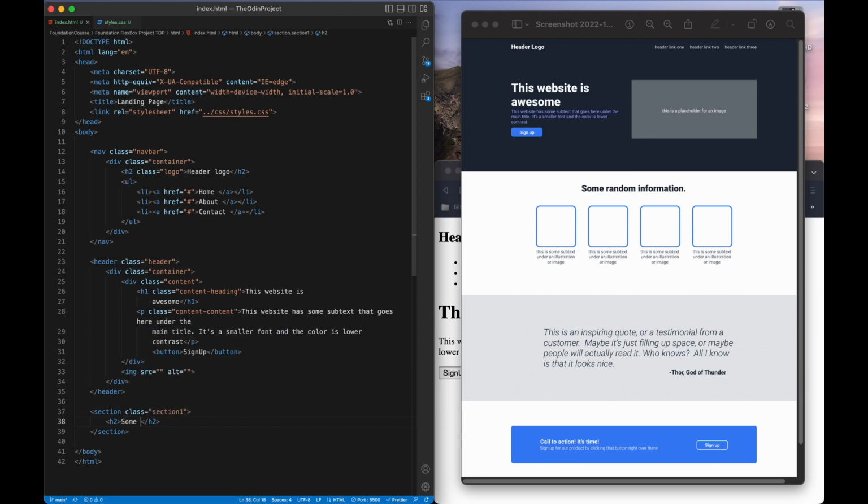Inside h2, I'll name it as section, not section but section container, div.container, and inside h2 section heading, name it as section heading. Inside is some random form information,